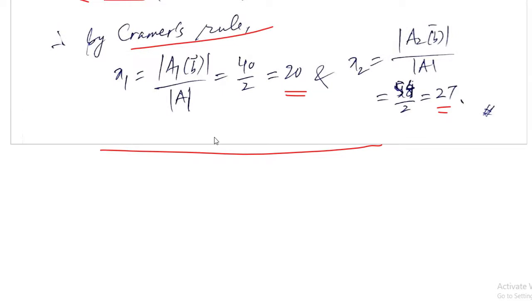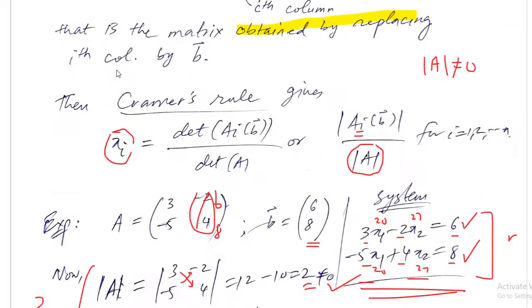Okay, so this can be applied to any system where the number of variables is the same as the number of equations, and the second condition is that the determinant of A should not be equal to 0. It means your A should be invertible. If the determinant of A is 0, we call it a singular matrix, which is not invertible. So if the determinant is not 0, it is non-singular, it has an inverse. So it is only applied if A is an invertible matrix.